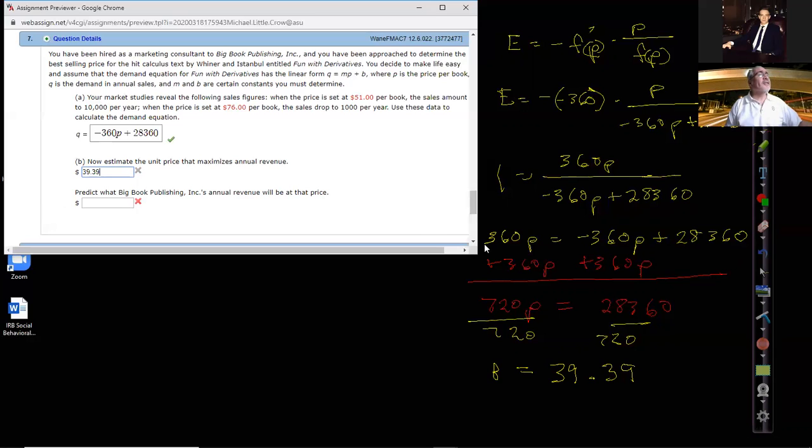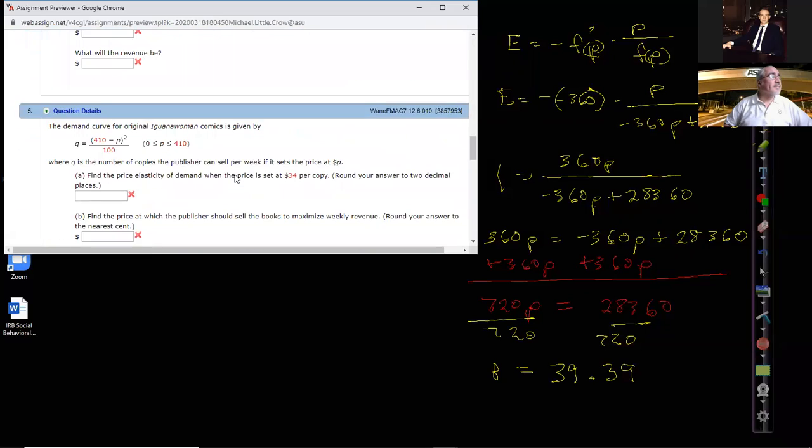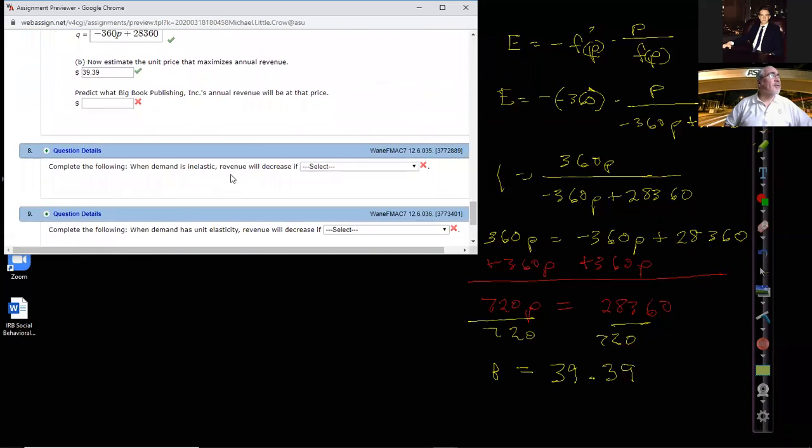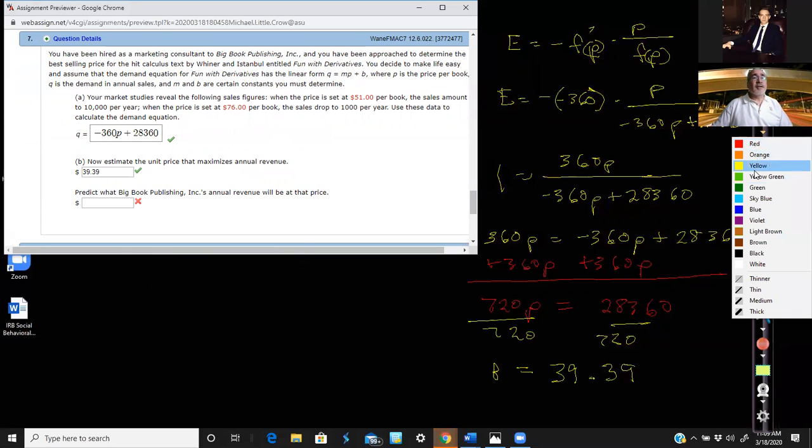That just doesn't feel quite right because of the values they gave us. So I'm going to check that. Okay, it's correct. It just feels odd, $51 for 10,000. So by bringing the price down, we're actually going to sell enough extra that we'll get the best revenue by going for this price. And then, so now to get the revenue,